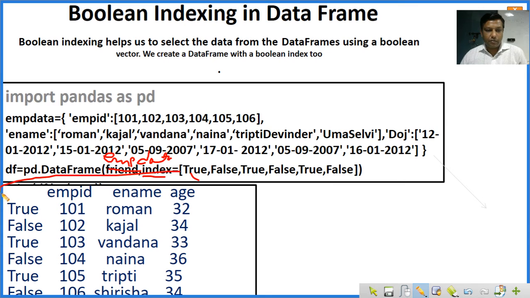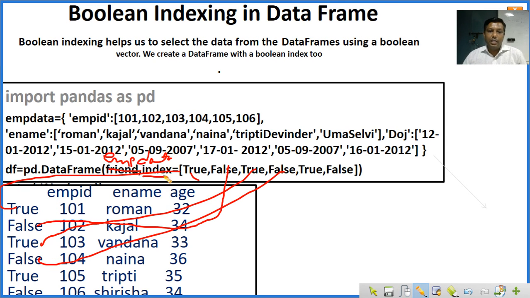True means this first is true, second is false, third is true, false. We have attached all these indexes, which are boolean indexes. Actually the index should be 0, 1, 2, 3, 4, 5, but we have given boolean indexes here: true, false, true, false, true, false.